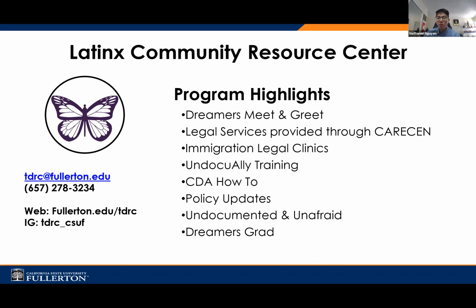And then whenever there are new policy updates, the centers will provide a workshop to help the community understand what's new, what's changed. So with the new ruling from the Supreme Court, we will have a policy update as well to help people understand the ruling better and provide space for that. So next week, next Tuesday,